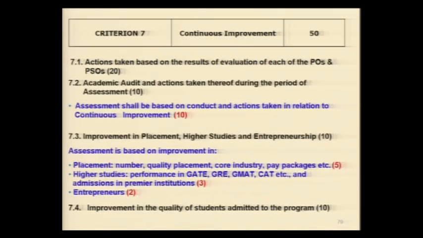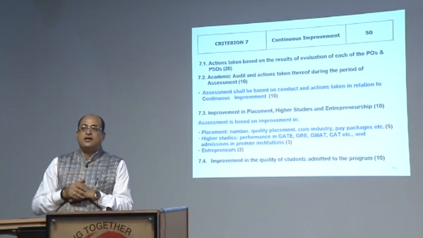As I said in the differentiator slide, improvement points have become subjective because numbers will rarely give the quality improvement. For example, placement going from 10 to 15 is a number game, but what about the quality of placement? So if you look at these numbers, how will the marks come in terms of improvement in placement? Placement numbers improvement can be more placements in the core companies. Quality placements into the core companies having started coming in is one indicator. The number of students taken by core companies, if going up, is also an indicator of quality improvement in placement. Pay packages. So anything which connects to the placement and the quality improvement there can be seen as continuous improvement.